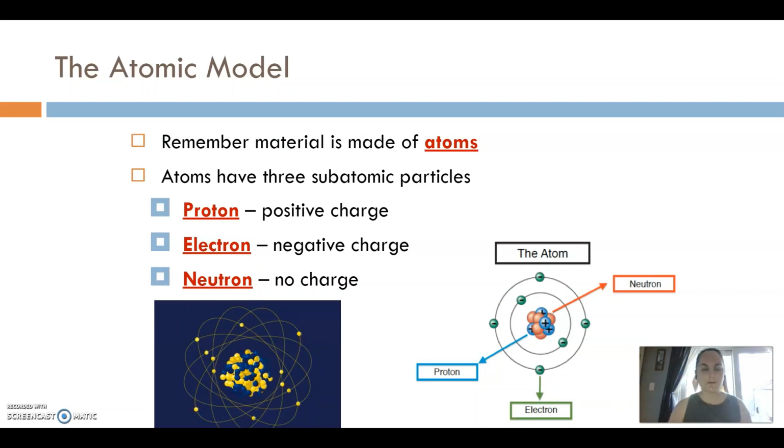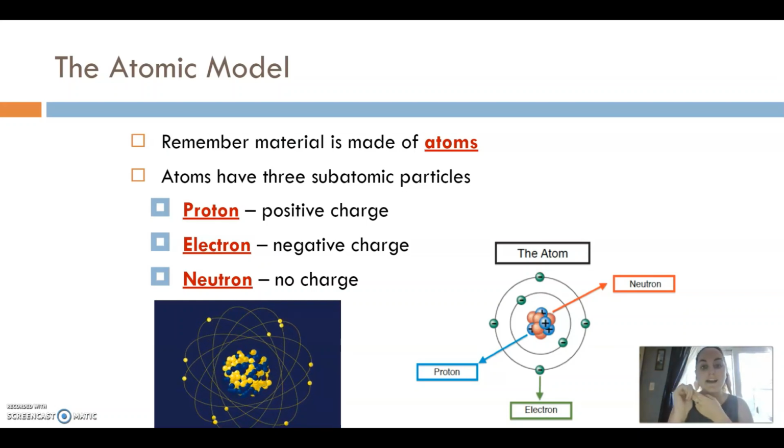But that brings me to a whole other point. But let's get started here. So remember that all things are made up of atoms, and those atoms are actually made up of subatomic particles that are known as protons, electrons, and neutrons. And now those subatomic particles have a fundamental charge. So the protons, they have a positive charge.